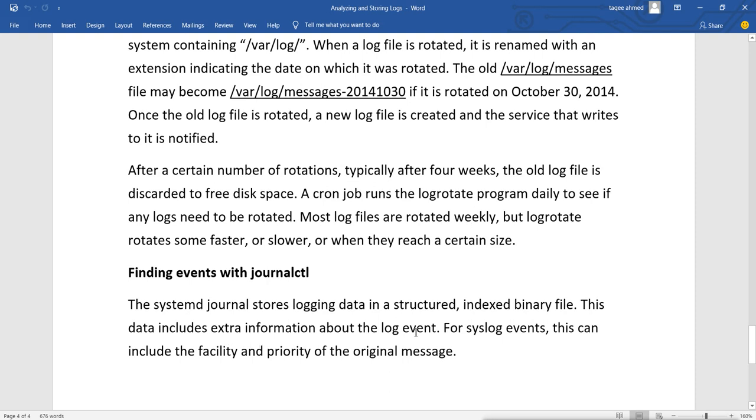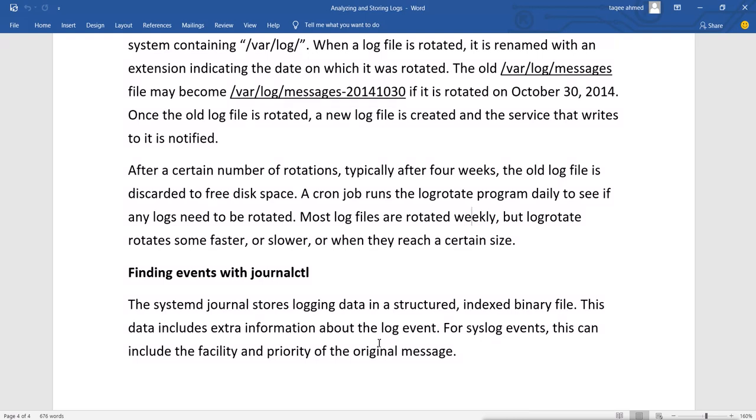For syslog events, this can include the facility and priority of the original messages. But it is not persistent. That means whenever the system reboots, these logs will be deleted.